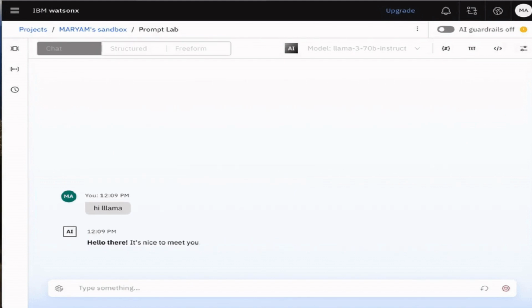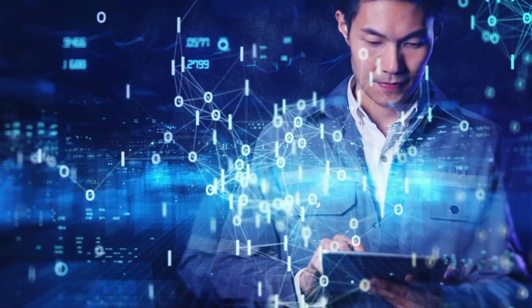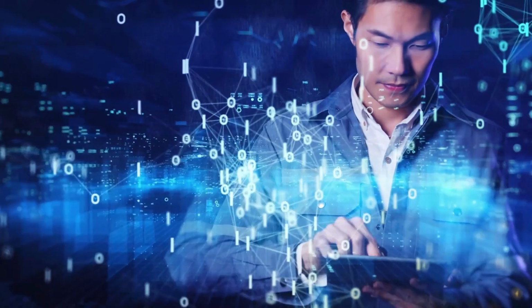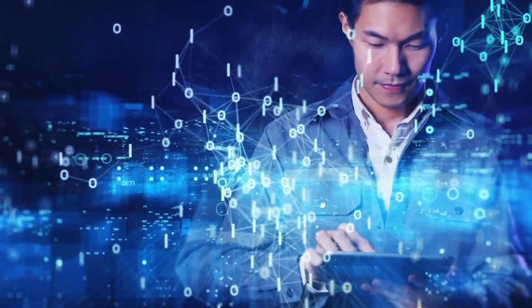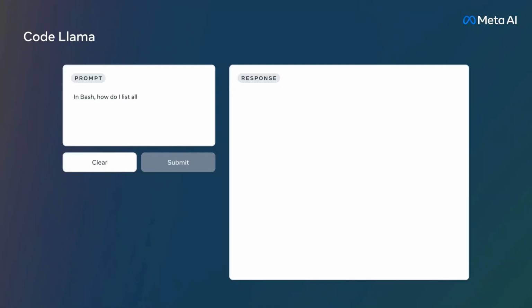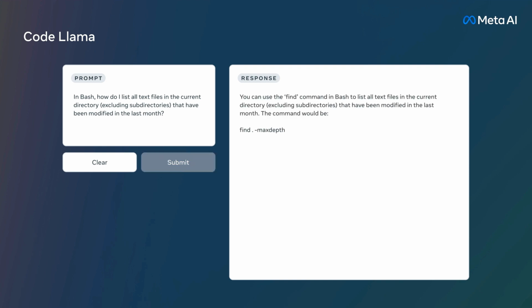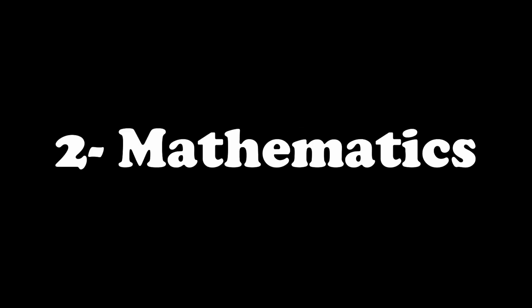This model is actually a collection of pre-trained and instruction-tuned generative text models, and it is available in 8 billion and 70 billion sizes. After locally installing the model on our system, we are going to test it on 5 different benchmarks. Firstly, we are going to test its coding capabilities. Then we will test its mathematics or computational power. The third benchmark is going to be its knowledge of English. For the fourth benchmark, we are going to test it with some logical reasoning questions, and then finally we are going to see how it acts as a language translator.